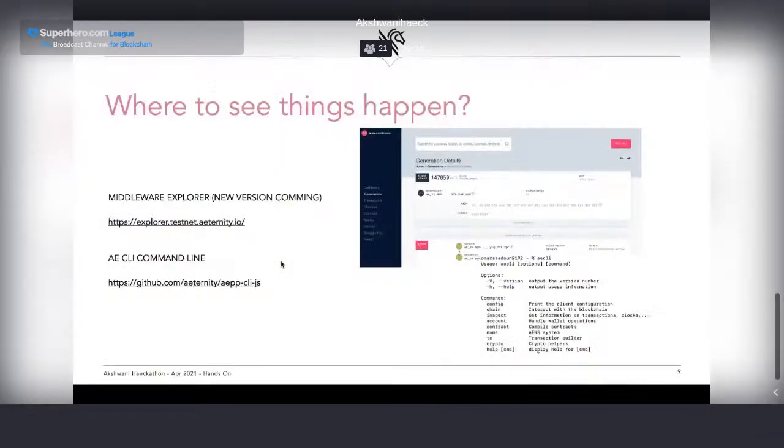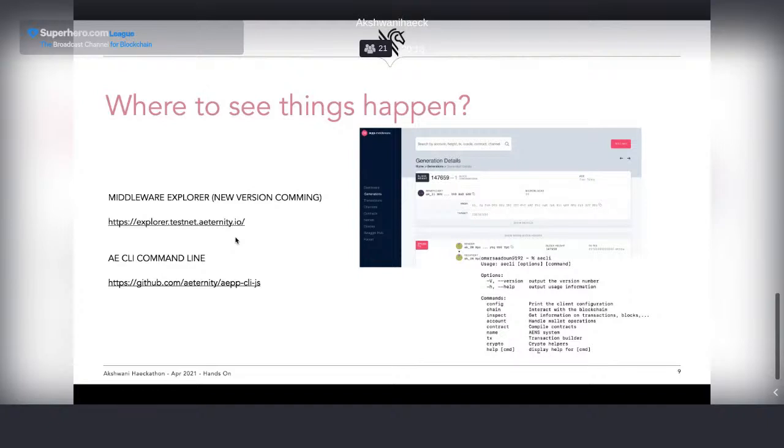Very well. So I talked about this before, but where can I see what I'm doing, what I'm executing? You have mainly the middleware to check on the testnet or on the mainnet. Well, the new version is already here. You can see which contracts are launched and deployed. You can see the transactions. You can see which channels are created, the different names, oracles. So you will have a very good idea of whether what you are launching is deployed or not.